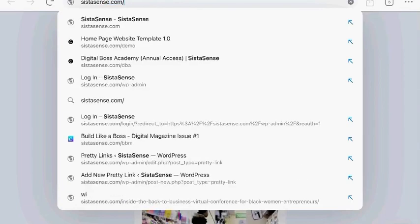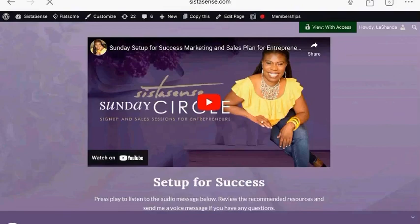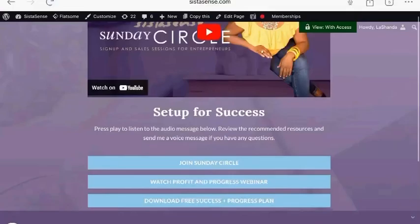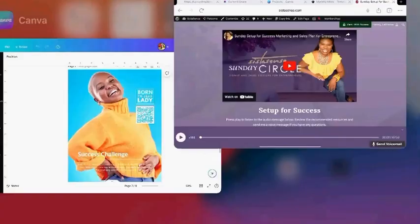Go to sistasense.com/success. Remember, I said to you, there are many ways in which you could create audio monthly messages, right? So we did monthly messages yesterday. One way is to create what I like to call check-in pages, where I built this on WordPress, but I also built one in Canva for you all who have 3 templates for the monthly messages, right? And there's an audio at the bottom, there's a video here, and I'm talking to people about, okay, here are some practical things that you can do to challenge yourself to be more productive, okay? So again, if you did want to enhance,